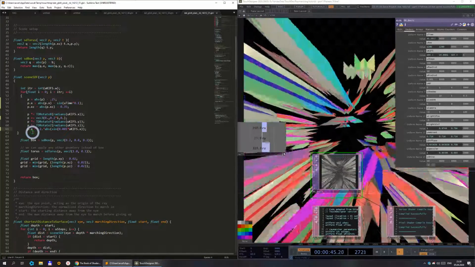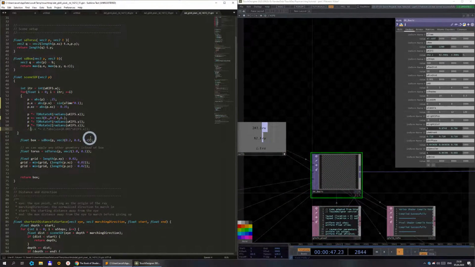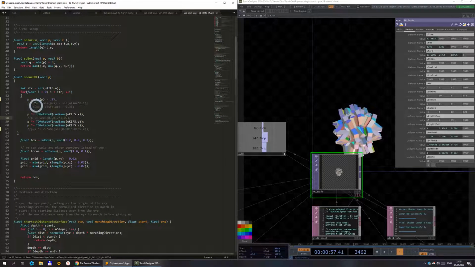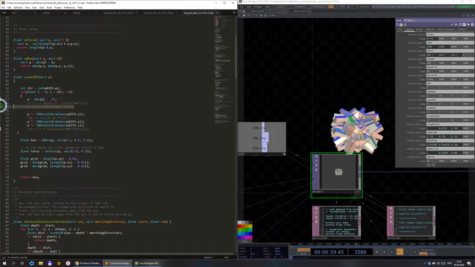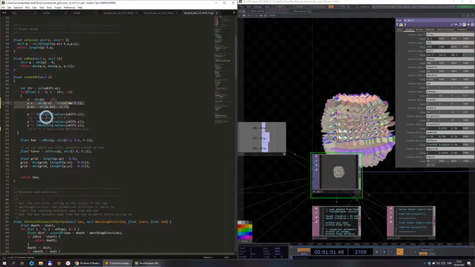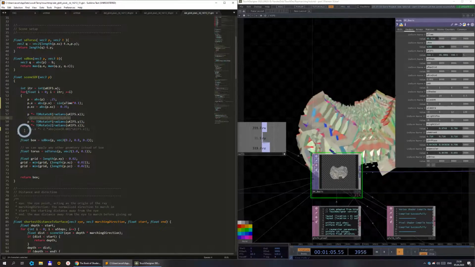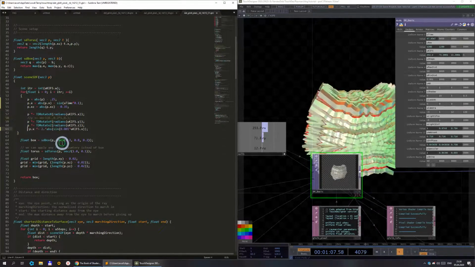I suppose it's because of this line here, or because of these lines, or because of this line. Yeah, because in this line here,